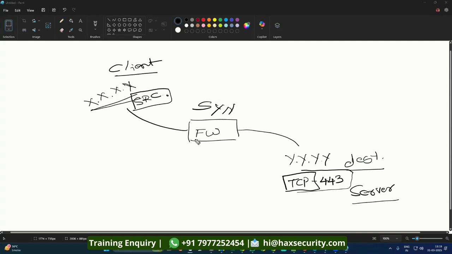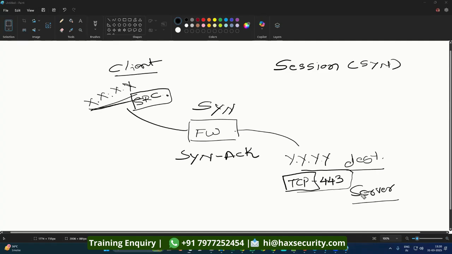If a firewall has a valid security rule to pass this connection from X to Y, then the firewall will allow the connection. But as this is a stateful firewall, it creates an entry in its session table that this X wants to go to Y with the SYN flag set. Okay, so when a return packet comes to the same source, when the server replies with the SYN ACK